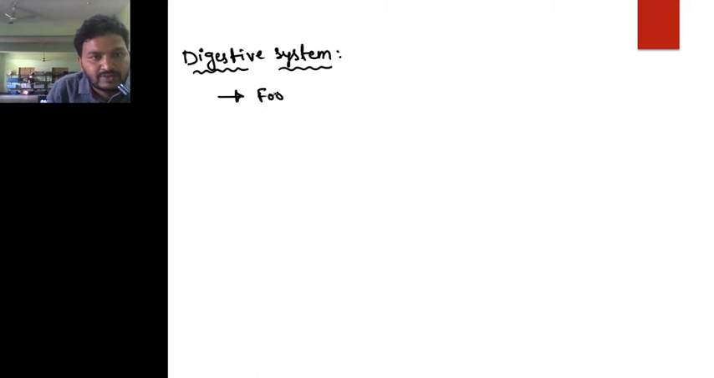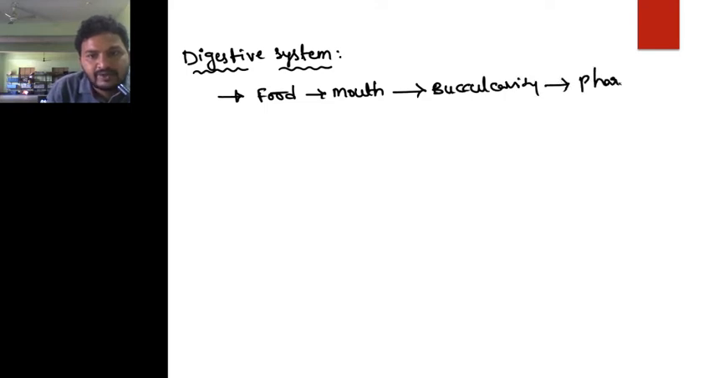The food enters into the mouth. You know the flowchart of the digestive system: mouth, and then passes into the buccal cavity, to pharynx, to esophagus, and then esophagus to stomach,